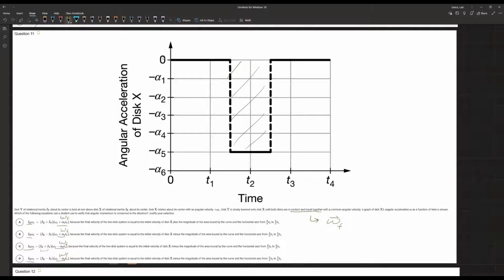All righty. And so we can get the acceleration times time, that gives us the angular velocity change, delta omega. If we look at this, it's the final angular velocity minus the angular velocity at 5 seconds. That's this guy here times time is going to give it to us. The annoying thing here is it looks like it's T1, but we're really going from this time to this time, which from the looks of it is about,